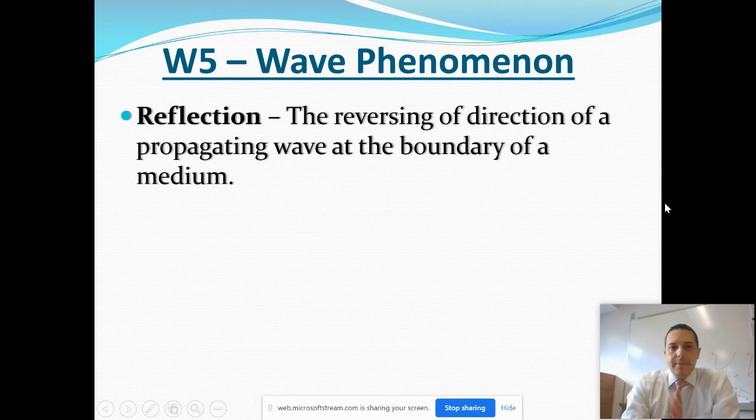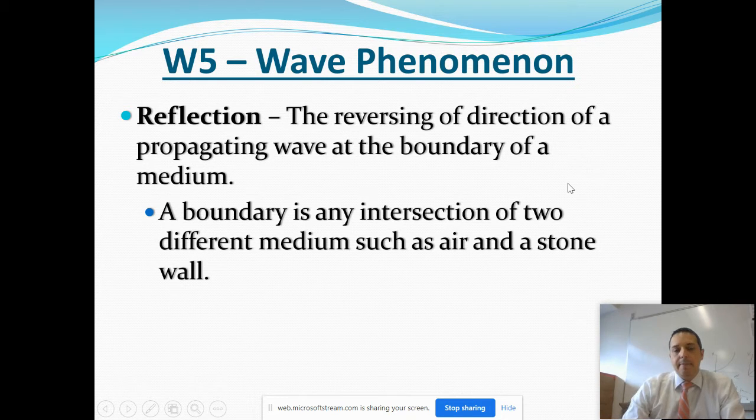The first phenomenon that I want to talk to you about is reflection. And reflection is probably something that you're already pretty familiar with. The same reflection you have when you look in a mirror and you see your image reflected back to you. But reflection is not just a light or a visual effect. It happens with all different sorts of waves, sound waves, light waves, any sort of disturbance that's moving. If it meets some boundary in the medium, it can reflect off of it.